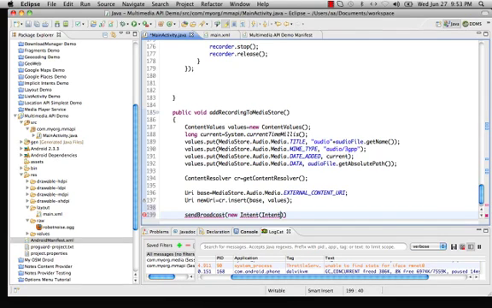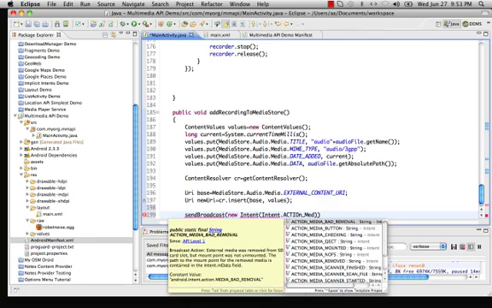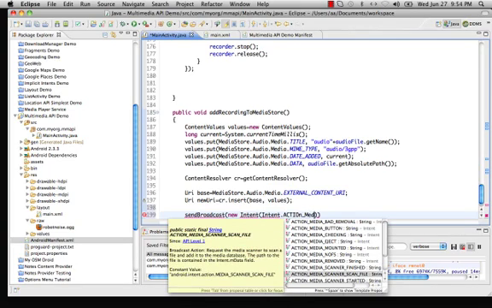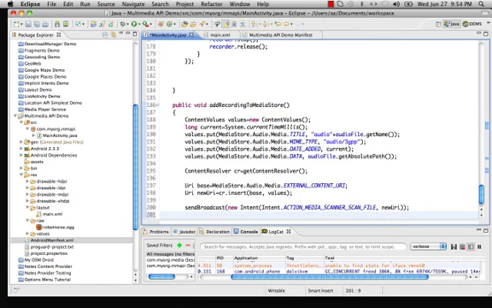So the intent action will be media scanner scan file, and this data has been sent in the broadcast, and now just make it post to